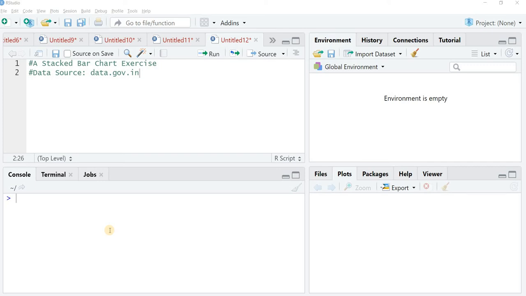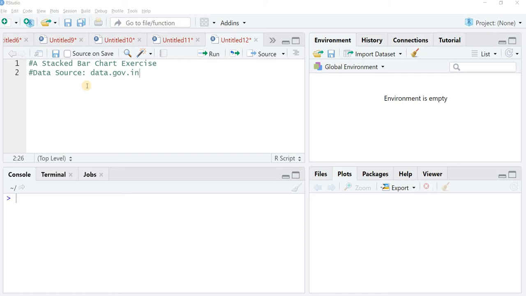In this session, we are going to learn how to make a stacked bar chart, and we will be learning how the various complexities arise, how to reshape your data, and how to make a stacked bar chart. So ready? Let's get at it and see how to do it.